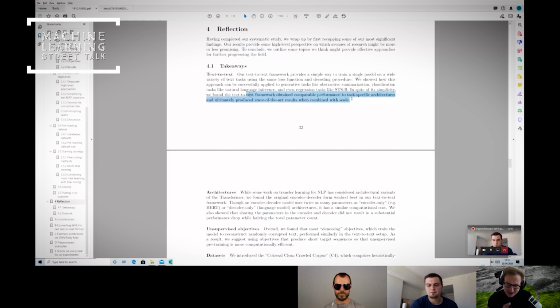So what this means is there are lots of different tasks in language processing, like translation and question answering, and normally you have a different input architecture. But now they've homogenized that. They have a unified architecture, so you can have one model that does many different types of downstream tasks.